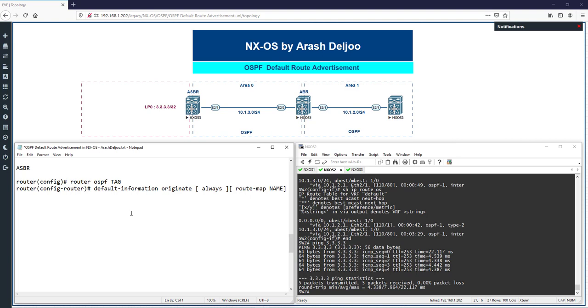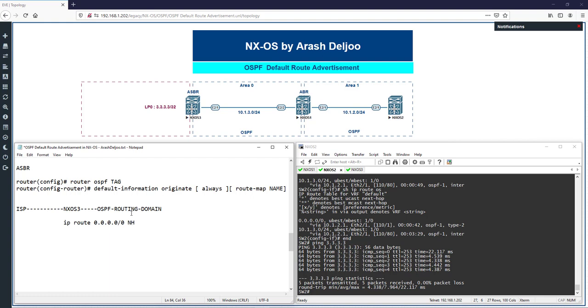Look at here. Assume that in a scenario we have the NXOS3 and that is connected to one other router. Let me show you with this command. We have one ISP router, this is the ISP router, and connected to the NXOS3 in our scenario. And this is the OSPF routing domain. Here, OSPF routing domain. If you configure on the NXOS3 this command, for example, ip route 0.0.0.0/0 with one